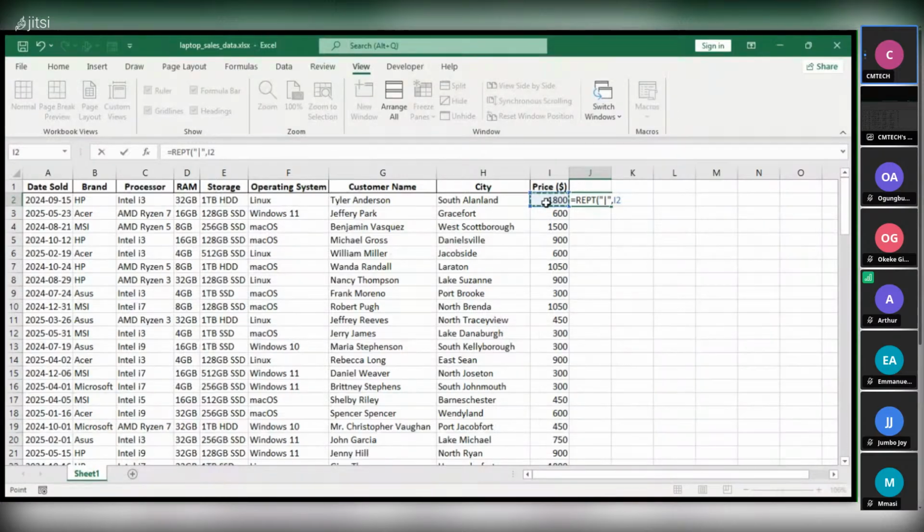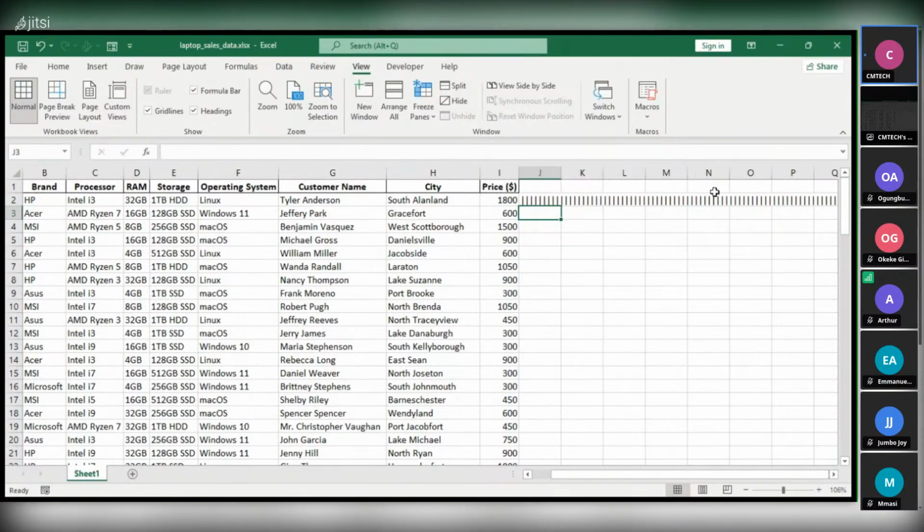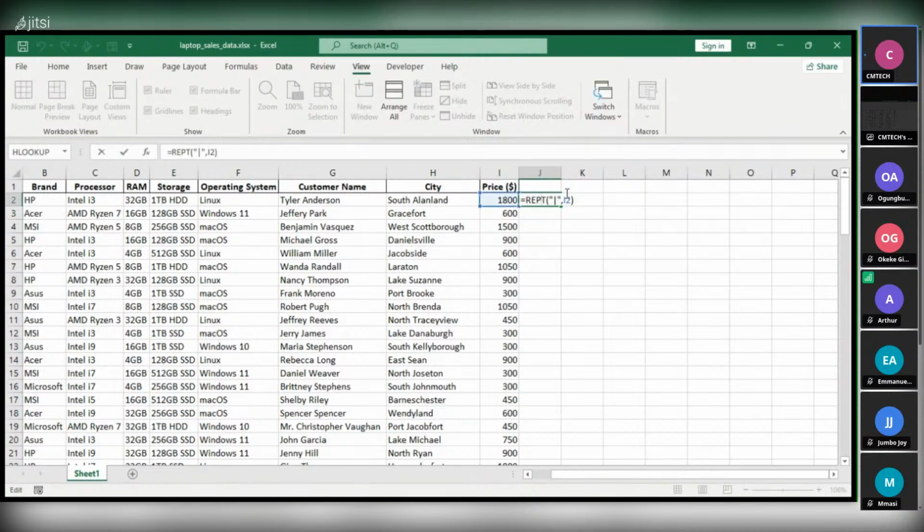When I leave it like this, I think the numbers are very long. The number of lines it gave me is very long. So due to the number of lines being very long, I have to divide it by 1000 or by 100 so that it can give me a minimized